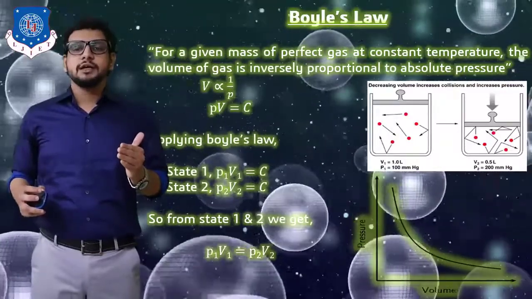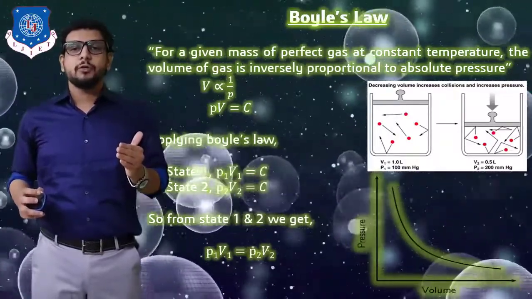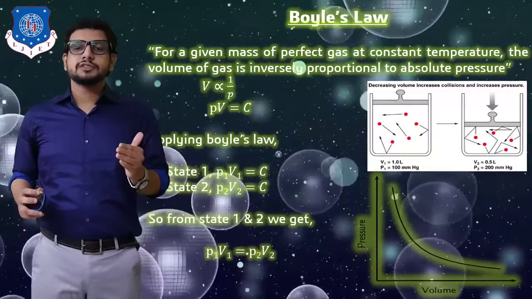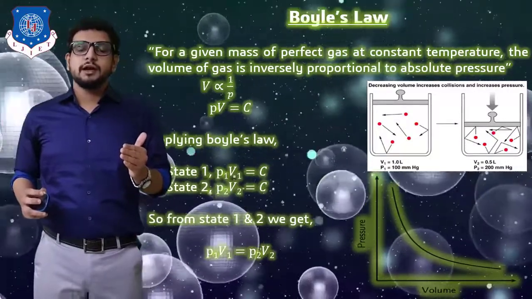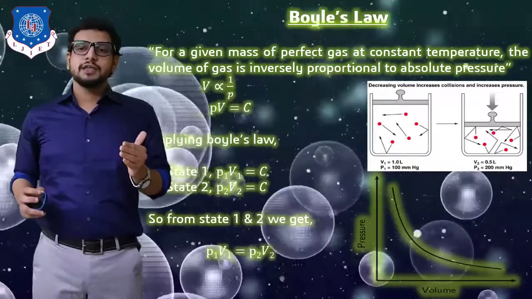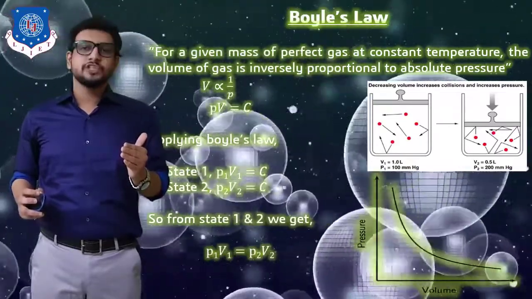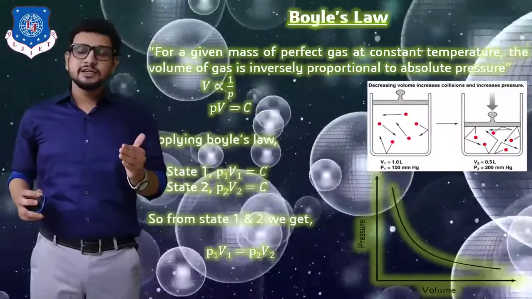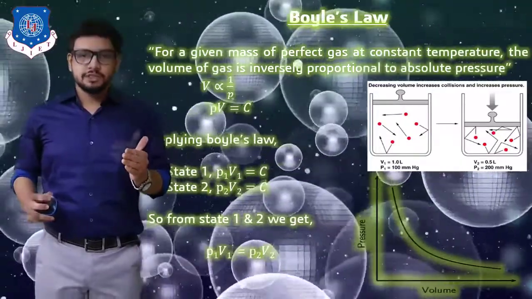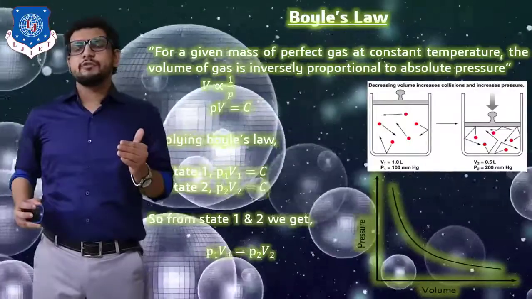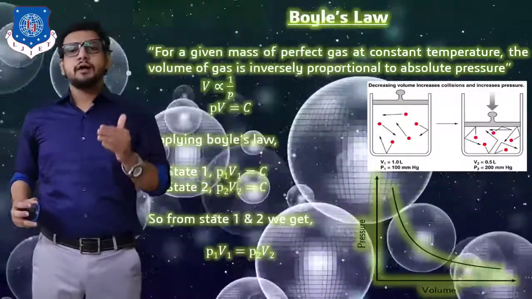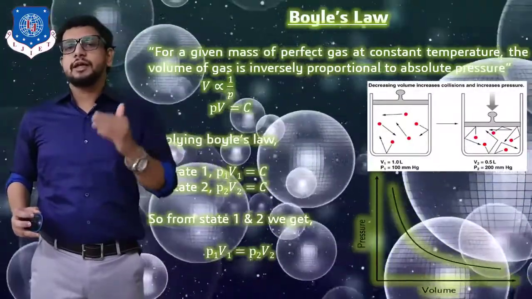So you can see in state 1, on the top side of a piston, a force is applied on the piston and it undergoes a compression of a gas. In the second diagram you can see that a displacement of the piston has been achieved, the volume is decreased, and its pressure is increased. So it indicates that if the volume is reduced by half, then its pressure will be doubled in its final